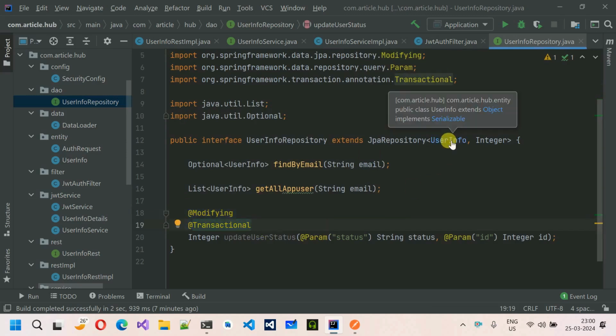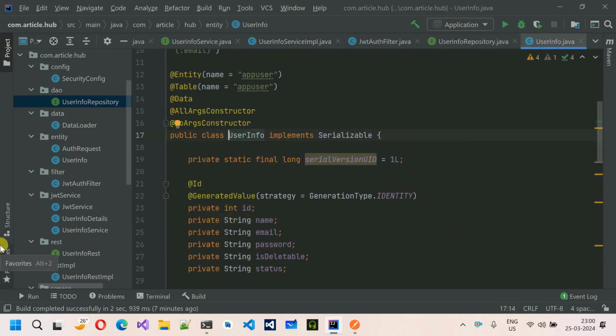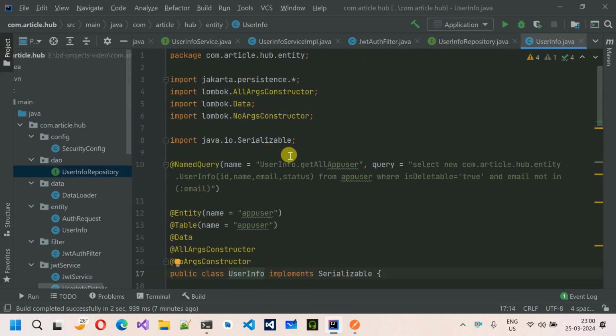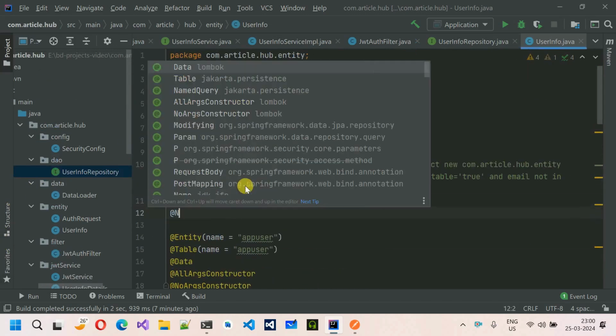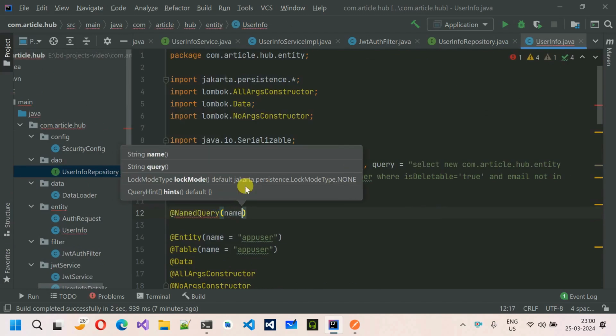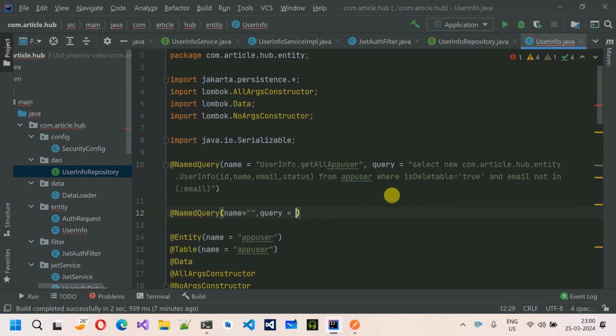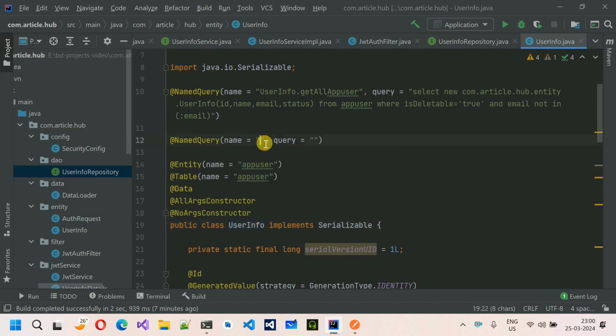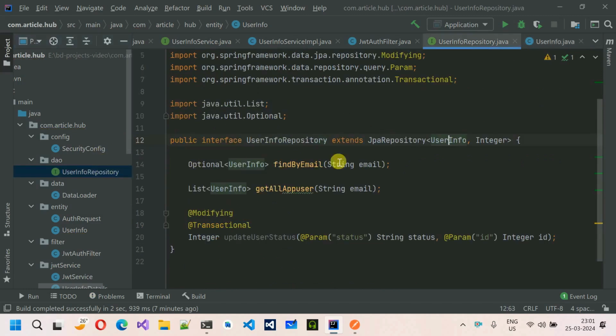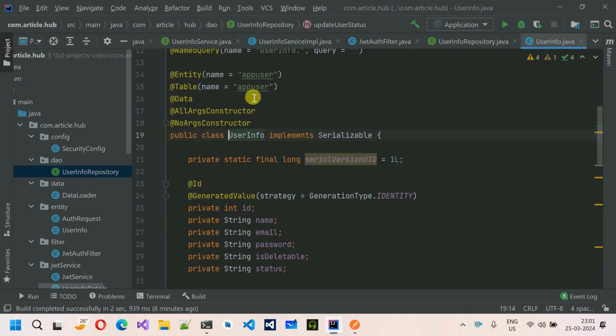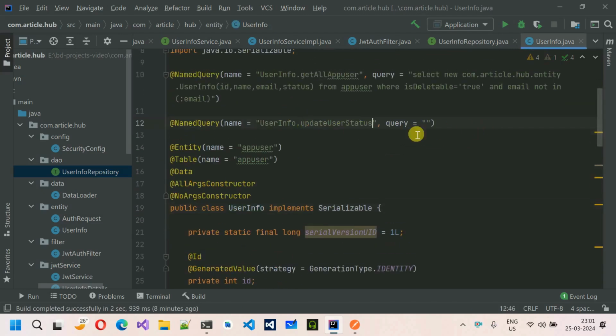Okay, now move back over here to this user info, and here we have to write the queries. So make some space, @NamedQuery, name is equal to double quotes, and query is equal to double quotes. After this, into this one, first thing what we have to do is put the name. So user info dot and the method name. So move back over here, select this method. We are going to provide the implementation for this, so we have to add that particular name. So user info dot update user status,